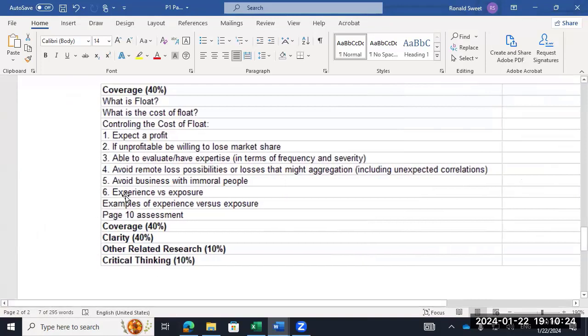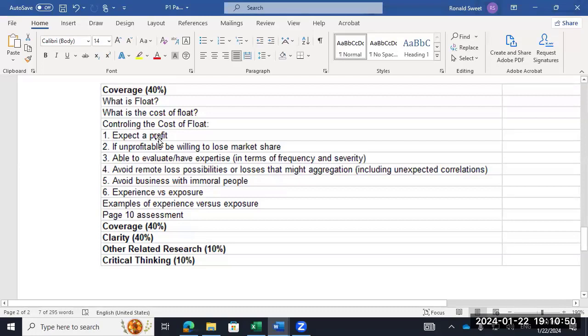One thing that makes your paper a little stronger, you know, this isn't Ernest Hemingway. We're not trying to write the next great novel. So if you're going to talk about 6 things, it's really good to say, how does an insurance company control the cost of float? Well, there's 6 areas I want to discuss in this. Just saying that is really helpful for the reader to know you can cover 6 things. It's even pretty powerful to number them in your titles.